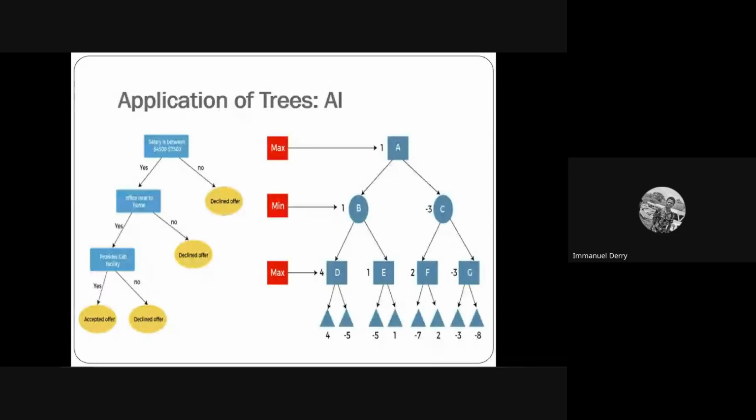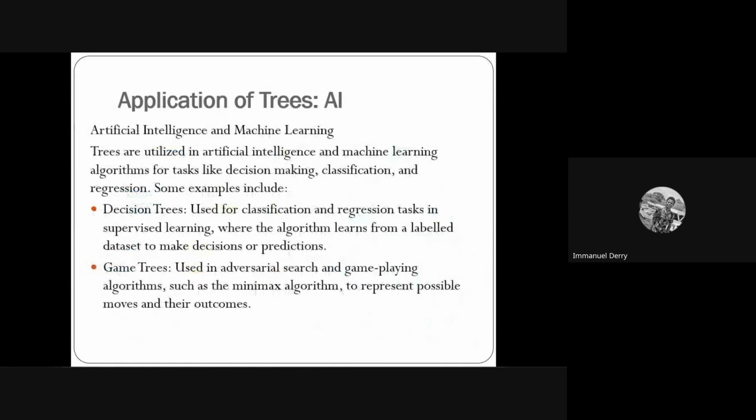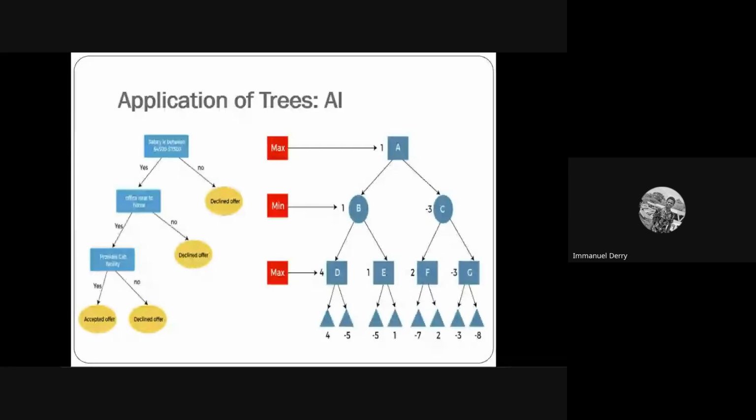So what I'm saying is that in an AI system, for instance, we spoke about decision trees, and this is how the decision tree is built in an AI system using the tree structure. This is like when you apply for a job and you want to build a tree to accept the offer. You start with the salary range. If it is between 4,500 and 7,500, there's a decision for you to make. The decisions are only two, either yes or no. So if it is a yes,